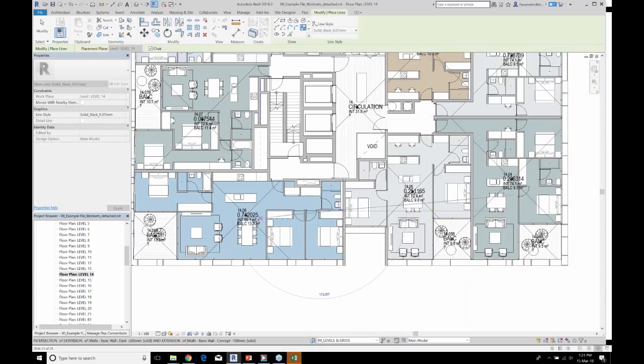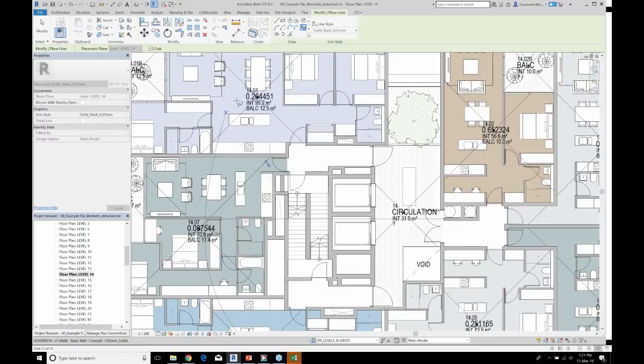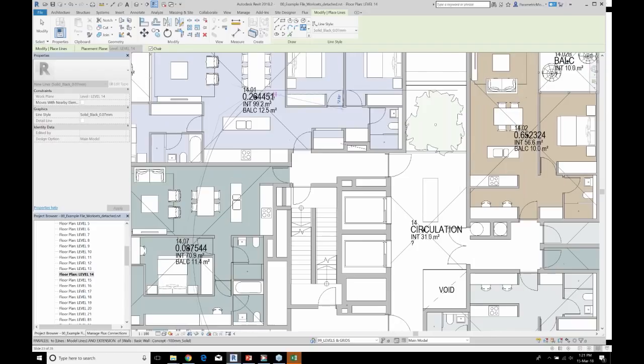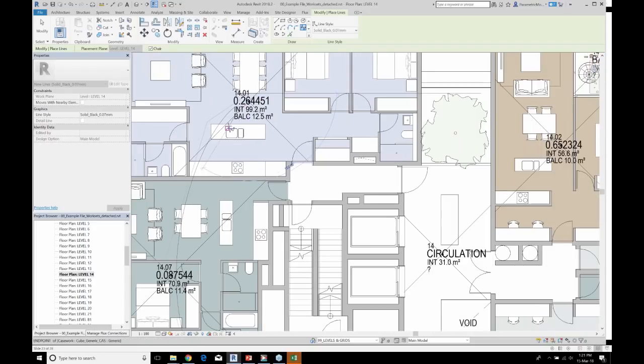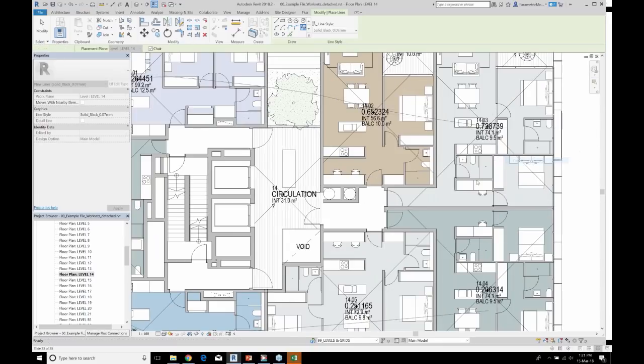And you want to draw a spline pretty close to the center point of all of these rooms. So I'm just going to do the apartments to begin with.